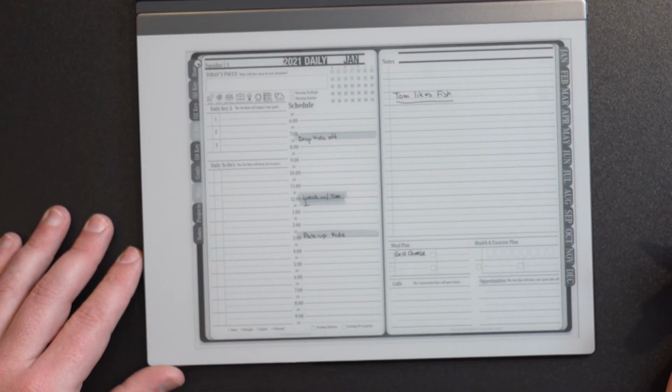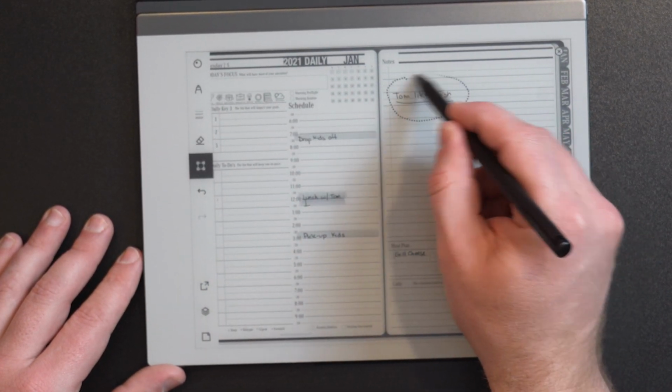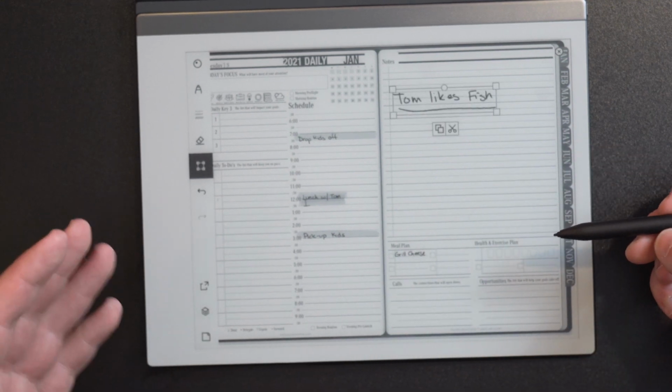And I can do that right in the planning system. I can also go ahead, and if I want to select that note, I can select it. I can make it larger. Now you're saying, well, that's really cool, but how does this Lasso feature really help me when it comes to